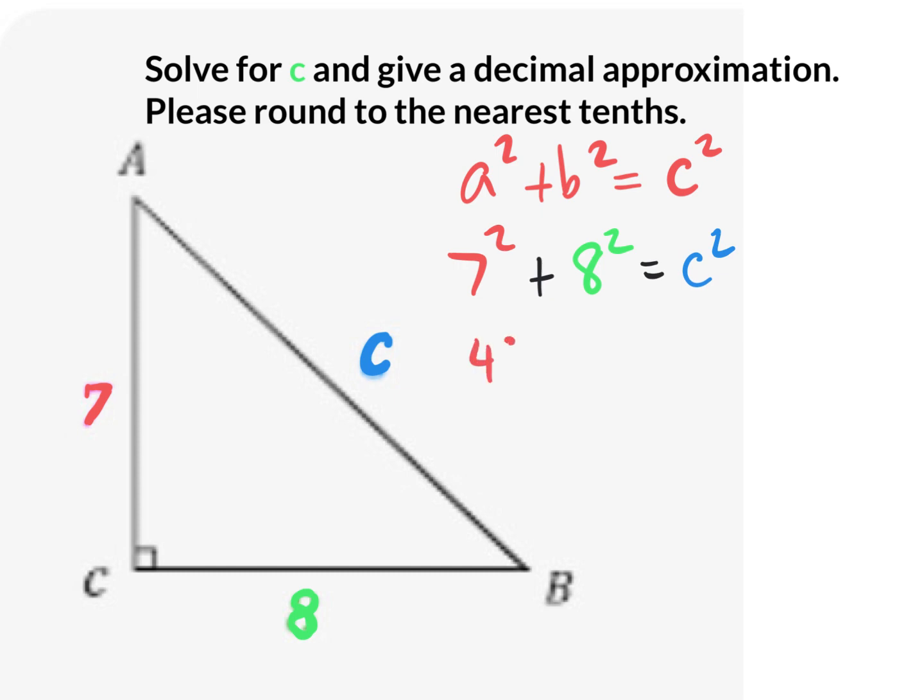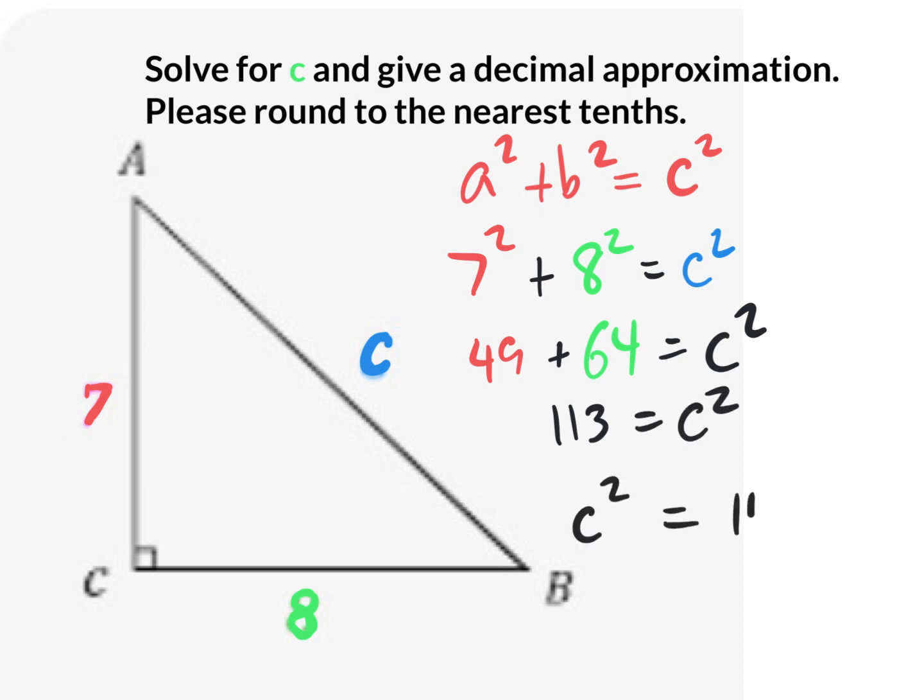7 squared is 49. 8 squared is 64. We are adding those, and it should equal that c squared value. Anyways, 49 plus 64 is 113. That equals c squared. Let me write it with the c squared on the left side and the 113 on the right side. Now, I need to get rid of this square right here on the c. So I'm going to apply a square root,